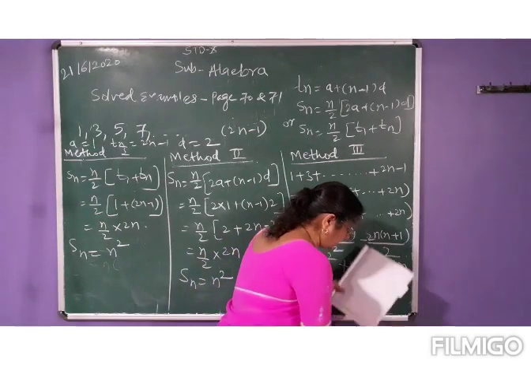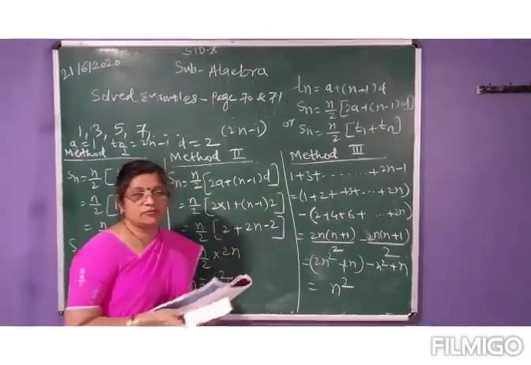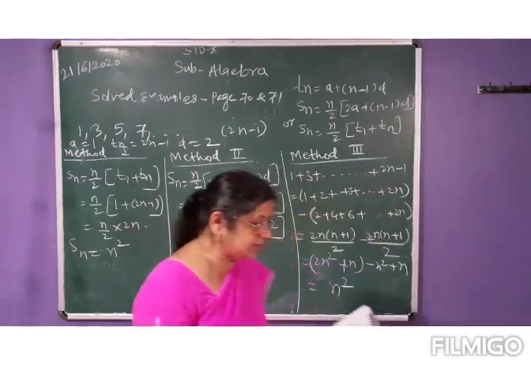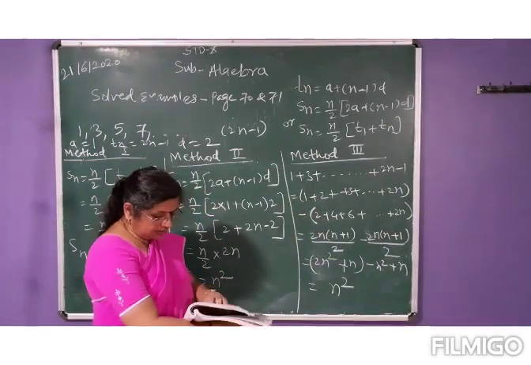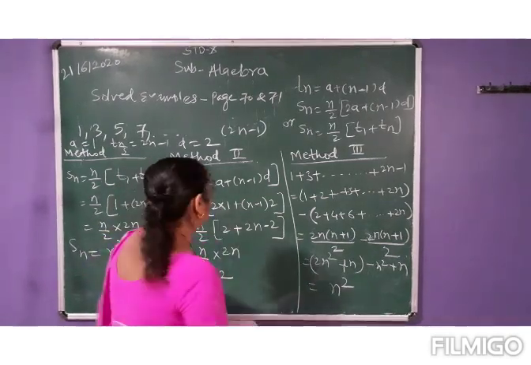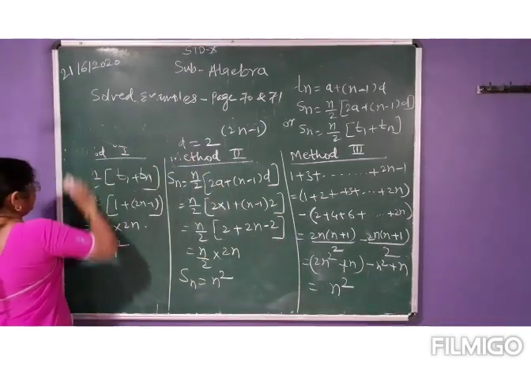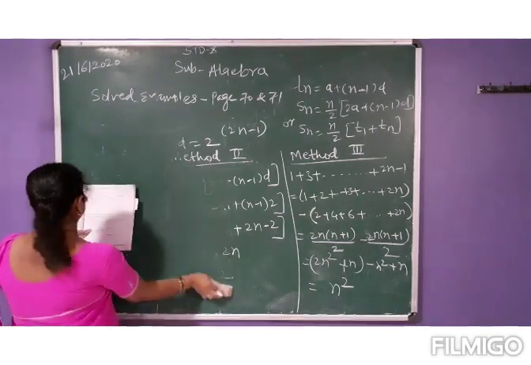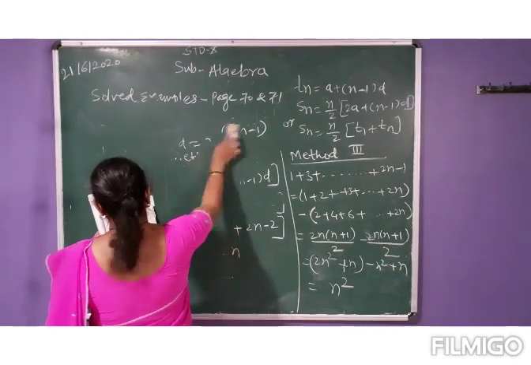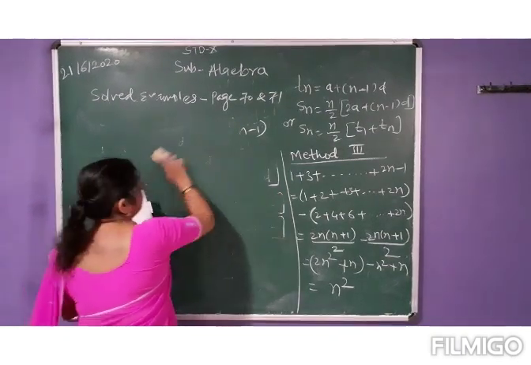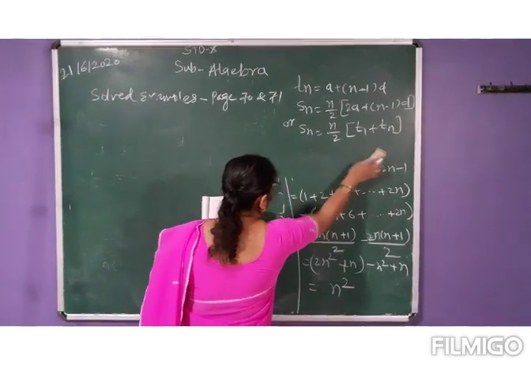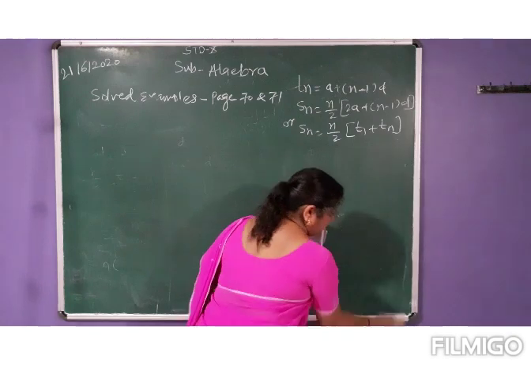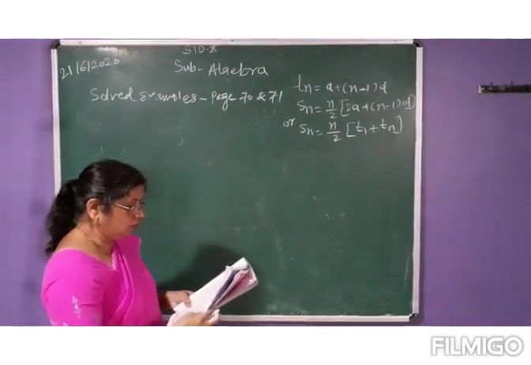Now we will see the fourth example. So this we have seen. The answer for the sum of first n odd natural numbers is n square, whereas for even natural numbers it is n into n plus 1. Now we will see the fourth solved example. See in the fourth solved example, what do we have to find out? Find the sum of all odd natural numbers from 1 to 150. We have to find out the sum of all odd natural numbers from 1 to 150.